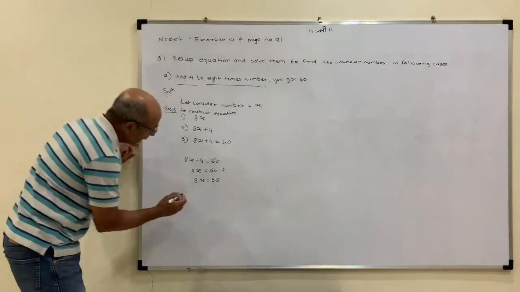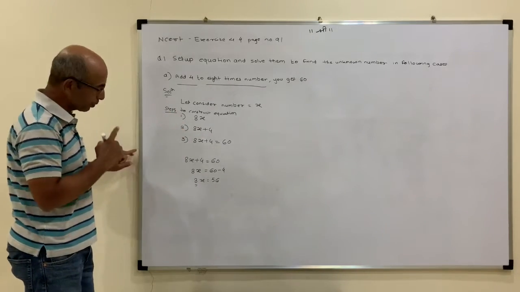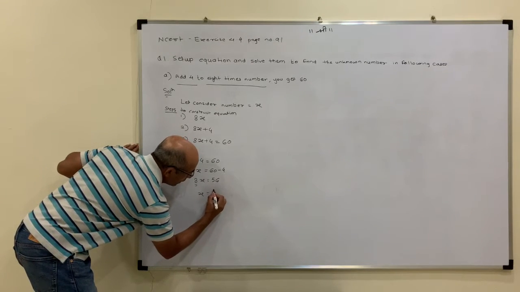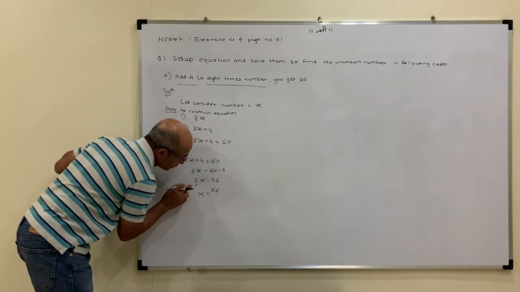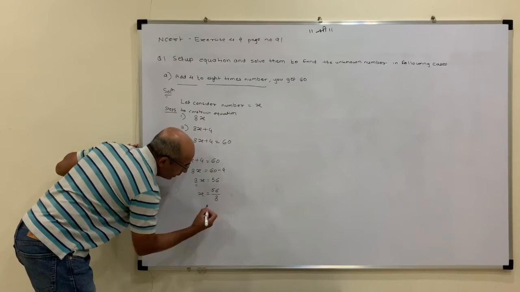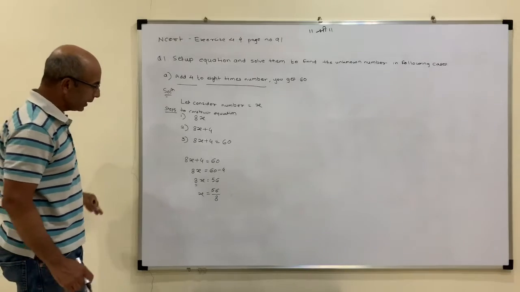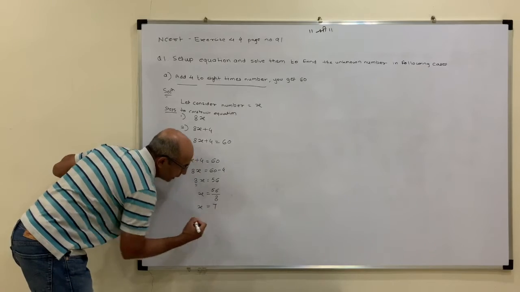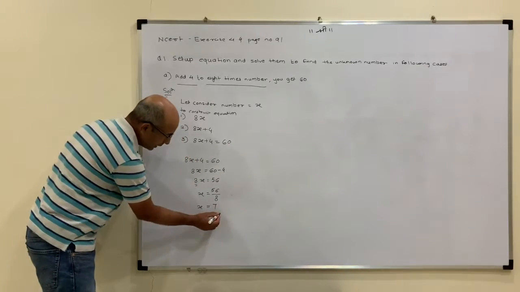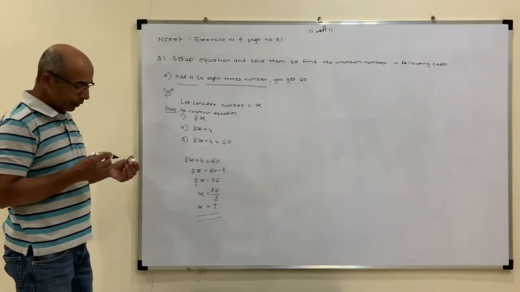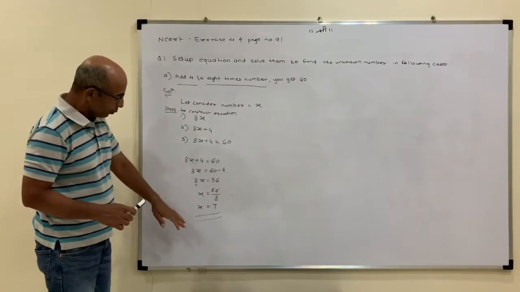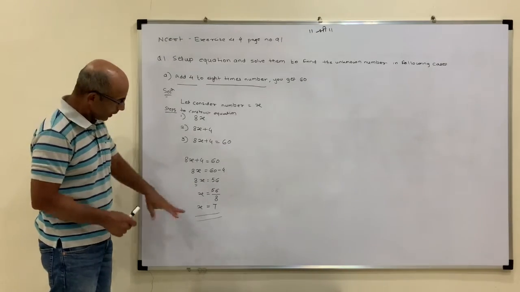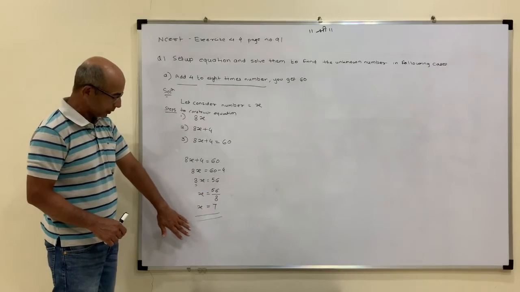Now 8 is multiplied here. I'll transpose it from the left hand side to the right hand side. So x equals 56 divided by 8, since the multiplicative factor is transposed, it will be divided on the right hand side. So 8 sevens are 56. So the value of x is 7. As I mentioned repeatedly, you must learn by heart tables from 2 to 30 to quicken your multiplication and division operations.